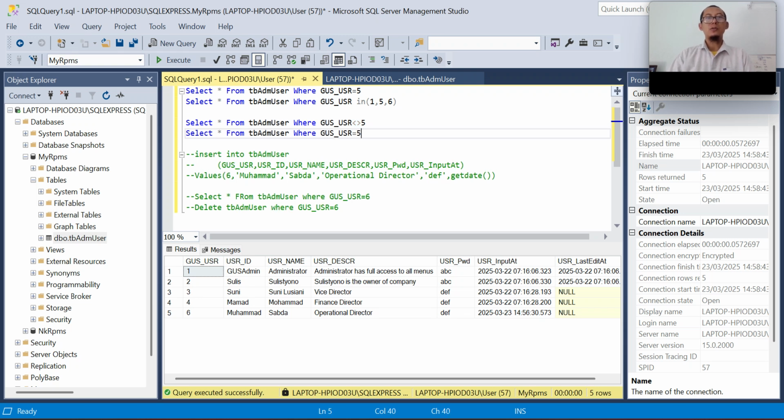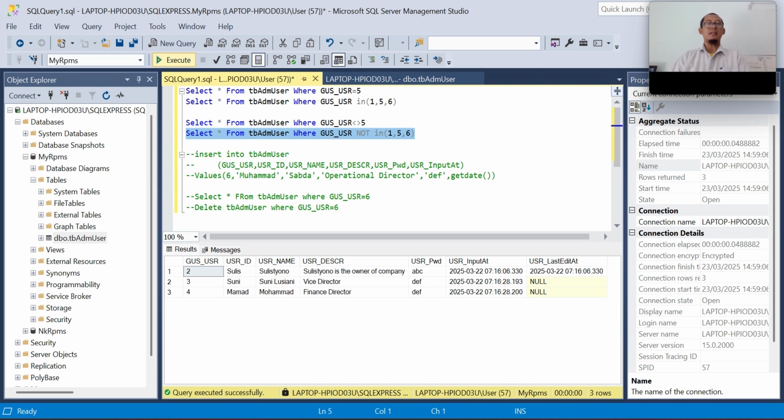What if I want to display data with some exceptions? NOT IN 1, 5, 6. Let's see the result. All data will be displayed except 1, 5, and 6.